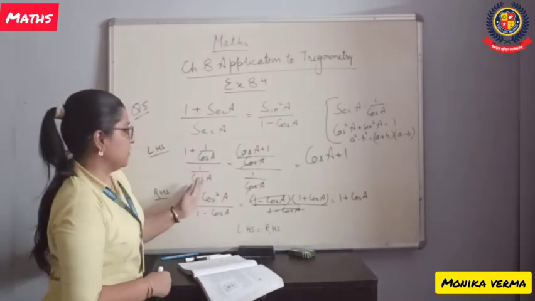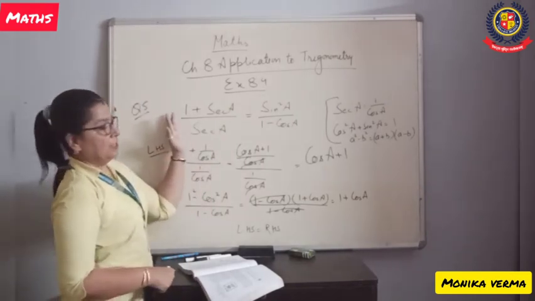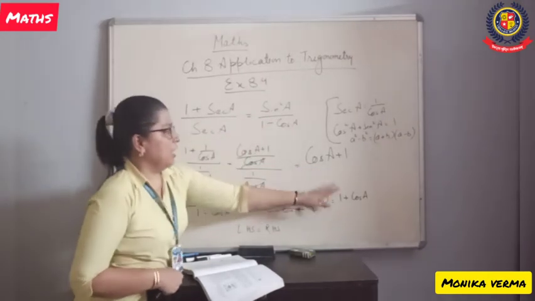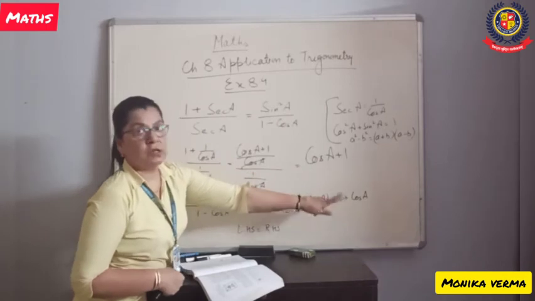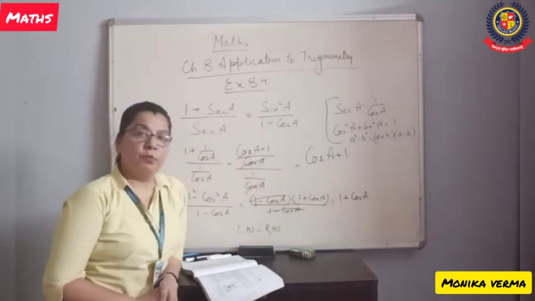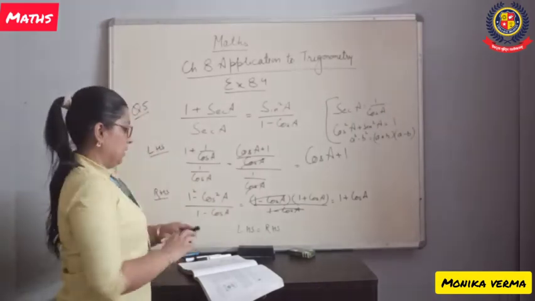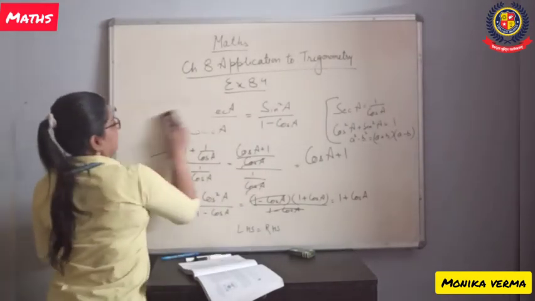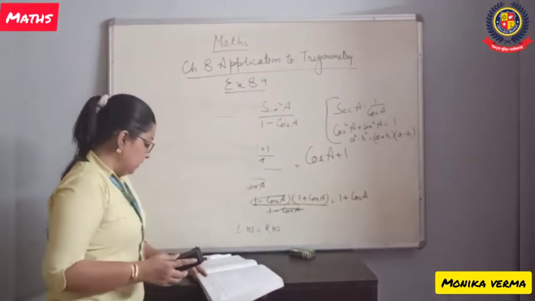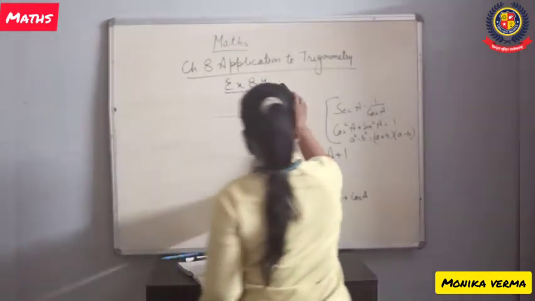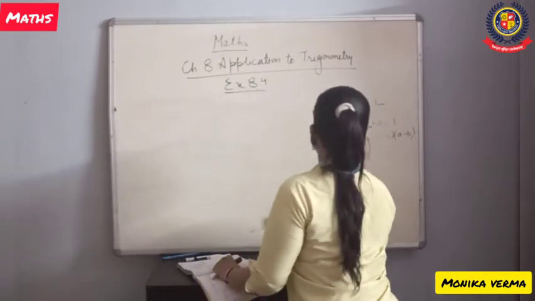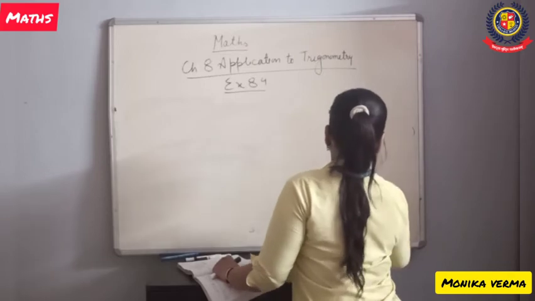So in this, you have seen, we have started with LHS, we have reached here. We have started with RHS, we have reached here. And cos A plus 1 or 1 plus cos A, both are same. So we have written LHS is equal to RHS, hence proved. Okay. Now we will do example. We have left with one example, that is example number 15. Till the time I am rubbing the boards, you can read the example and you can mark it as important also.